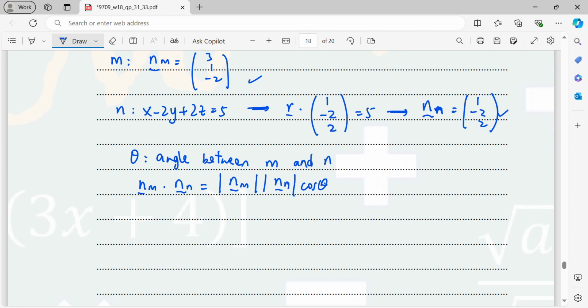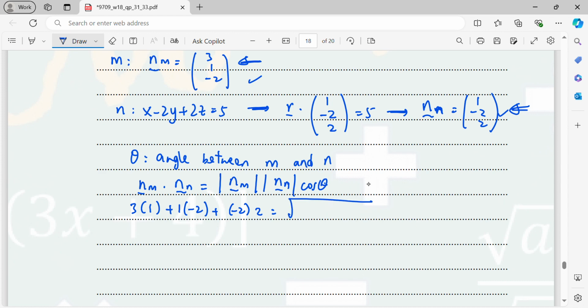Now when you get the dot product of these two terms, you just multiply the corresponding components like what we have done in the previous part. That means you will get 3 times 1 plus 1 times minus 2 plus minus 2 times 2 equals